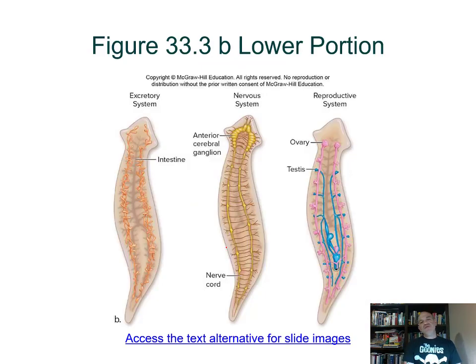And then so here are some of the organ systems you can see here. You can see the digestive system. They label the intestine there. It's really overall just a highly branched gastrovascular cavity, really, with one opening. And it's in brown. What they didn't label here, which was in yellow, is their excretory system. Excretory system is to get rid of metabolic wastes, like ammonia. And then here's their nervous system, and there's the ganglia there in the head region